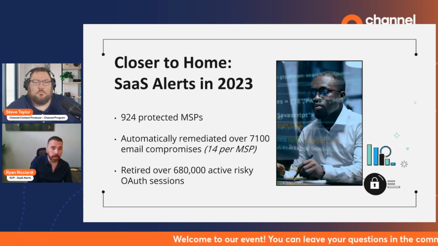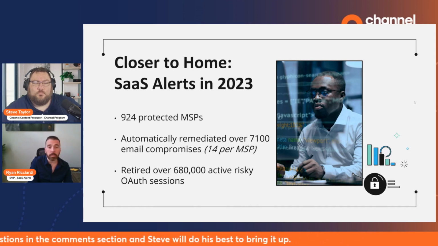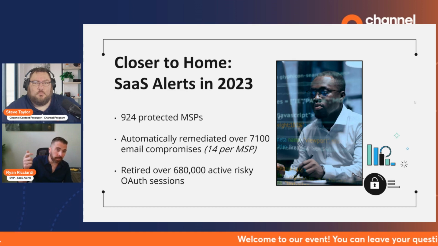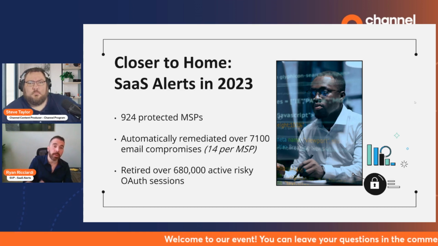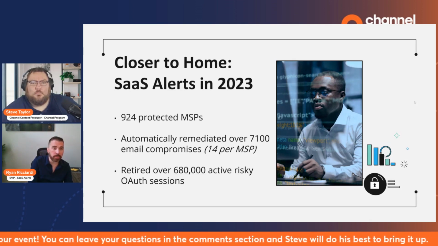What I mean by that is guest users with access they shouldn't have had, folks that have been logged into a tenant for months without ever having to re-verify that those were legitimate tokens, cleaning up unused licenses, breaking a shared mailbox OAuth. So you fire somebody, you turn them into a shared mailbox, they're still logged in. Unless you go in and break that connection and block sign-in, that person you fired can still access the data inside of that mailbox. So lots of reasons to focus on protecting against OAuth.